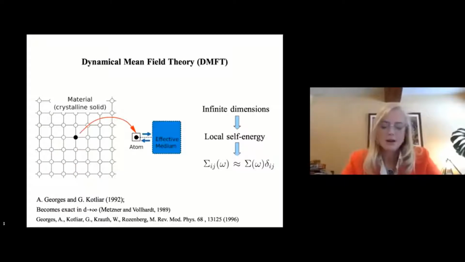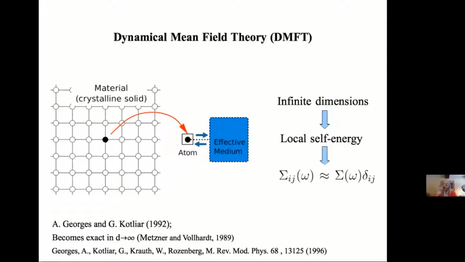Well, I'll concentrate on one of the methods. Of course, it's not the only one, but it's one of the most used and reliable methods to calculate electronic spectral densities in these materials, which is the Dynamical Mean Field Theory, the DMFT. I don't want to get too technical, but just because I know there are experimentalists, this has been around for several years, since the late 80s, early 90s, and this method consists in projecting the whole interacting